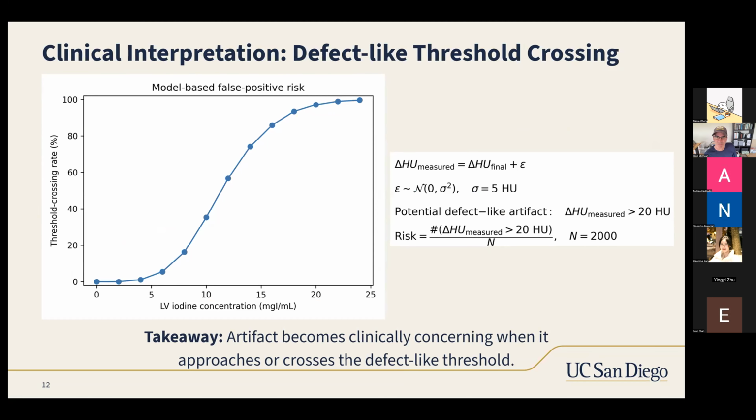Then we connect our artifact index to the clinical interpretation. Real CT images have noise and measurement variability, so we add Gaussian noise to the simulated artifact index. In this model, the noise has a standard deviation of 5 HU. If the noisy measured value is about 20 HU, we count it as a potential defect-like artifact. The result shows that when the artifact is far below 20 HU, the crossing rate is low, but once the artifact gets closer to the threshold, the crossing rate rises quickly. So the takeaway is that beam hardening becomes clinically concerning when it approaches or crosses the defect-like